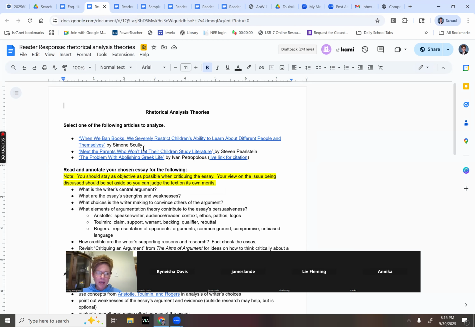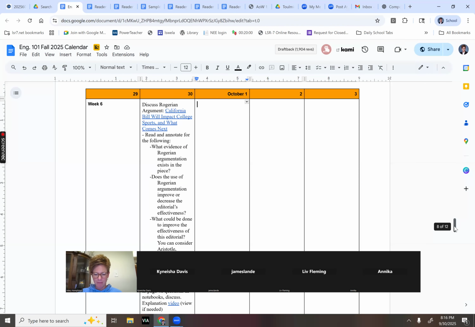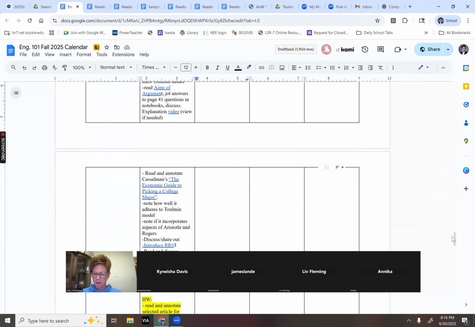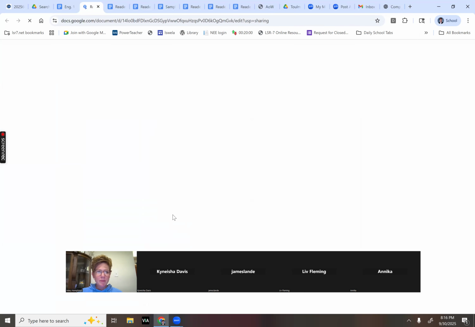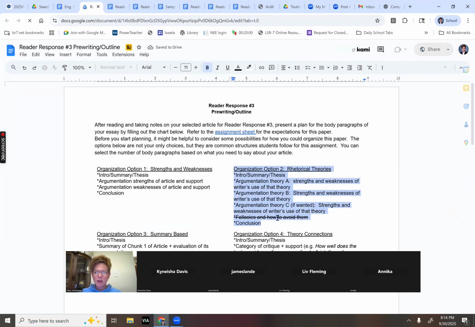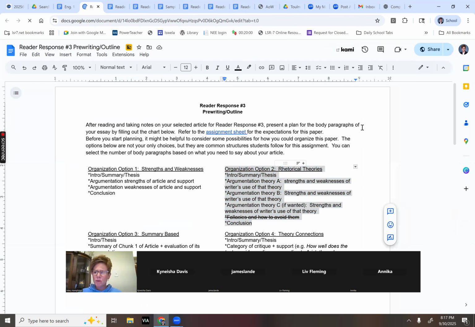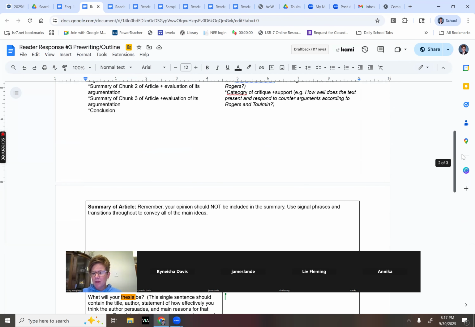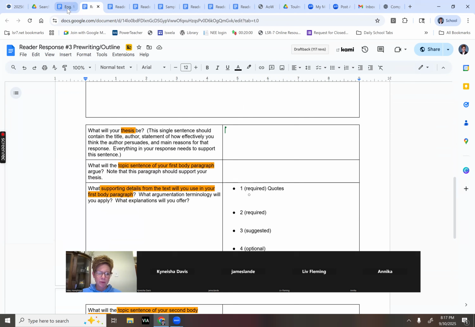So once I've read and annotated my selected text, then I'm going to come back and complete the outline. My computer is being weird, sorry. Then I'm going to come here and complete the outline, and you're going to submit the outline on Canvas. Once you've submitted the outline, all you have to do is highlight which one of these organizational patterns you want to do. Give me a color highlight, whatever you want, just so I know which organizational structure you're planning on using. You're going to scroll down and fill out the bottom, which tells me you have a plan. Here you've got your summary. Here you've got your two methods of argumentation you're planning on using.